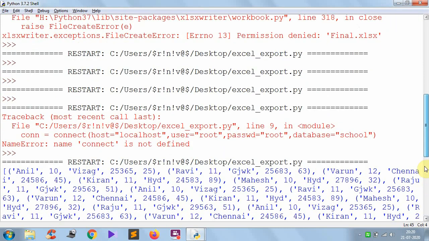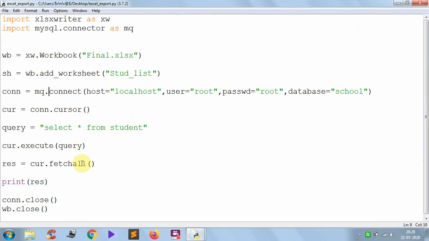So here one thing we know is that whenever you are using fetchall, the whole data will be fetched in the form of a list. In that list, each item is each row from the table. Suppose the table has 10 rows in the MySQL database. Here the first row will be the first item in the list, the second row will be the second item in the list, the third row will be the third item in the list, and so on. And each row is in the form of a tuple.